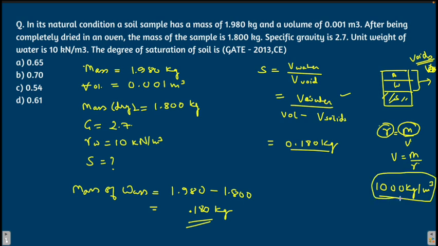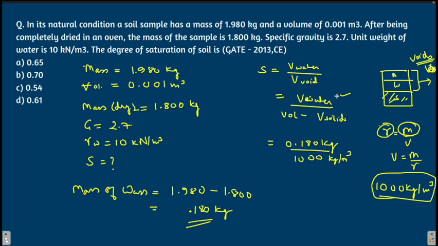This is the density of water which you should know. It is not given in the question. You will say it is not given in the question, but you should know the density of water. So density of water is 1000 kg per meter cube. See why I am using density in kg per meter cube and not in Newton, because here I'm using mass. So you should keep in mind that units should be the same.